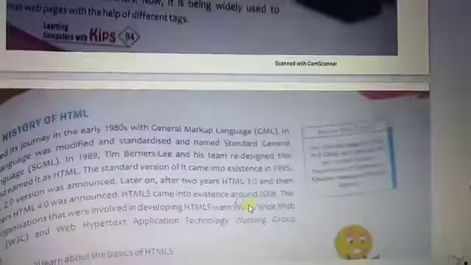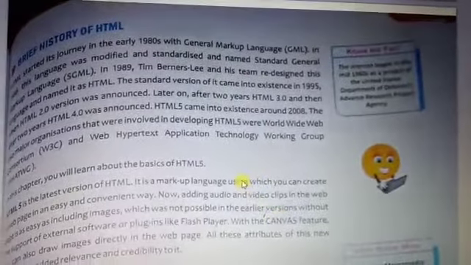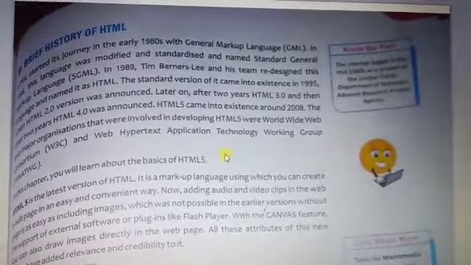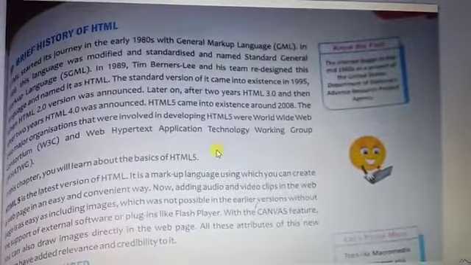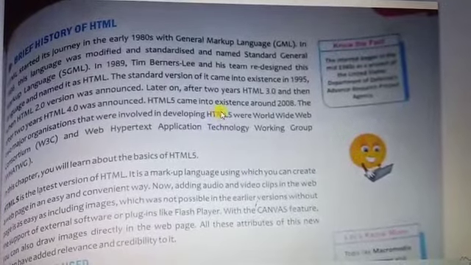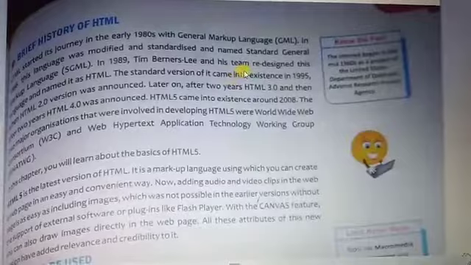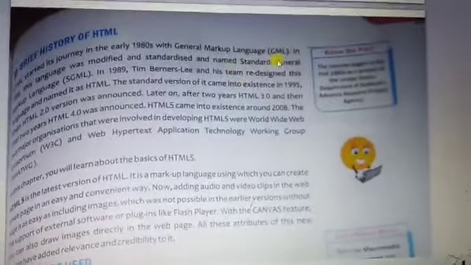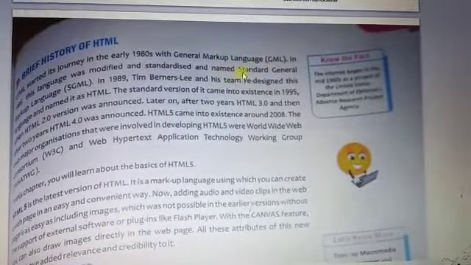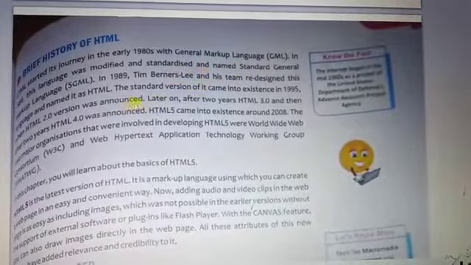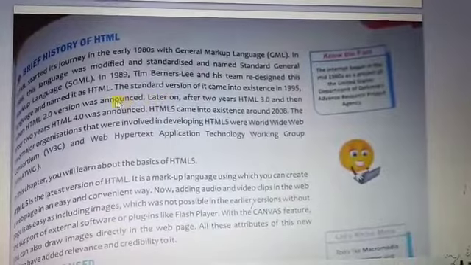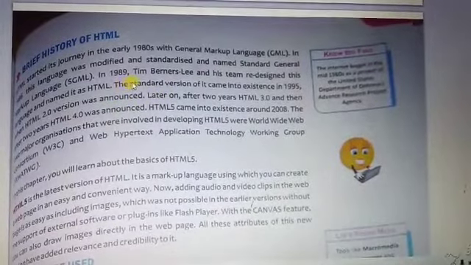Then we come to the next, the history of HTML. What is the history of HTML? Student, in the early 90s, the development process started, and the first language developed was called GML, General Markup Language. This language was again modified into the Standard General Markup Language in the year 1989.